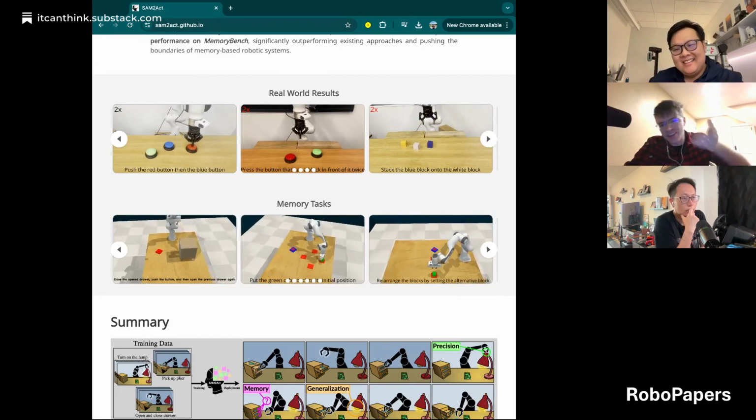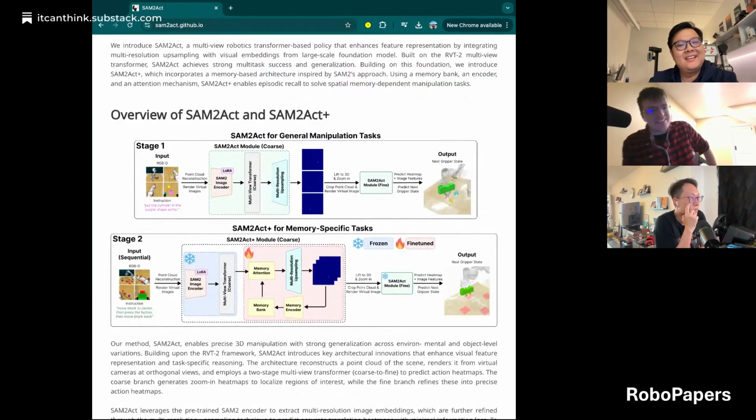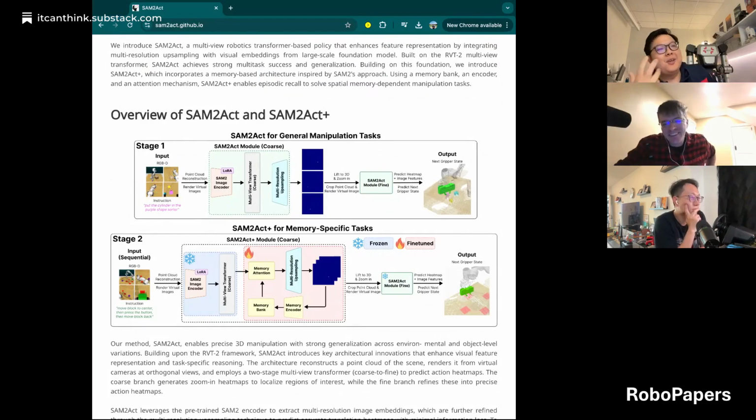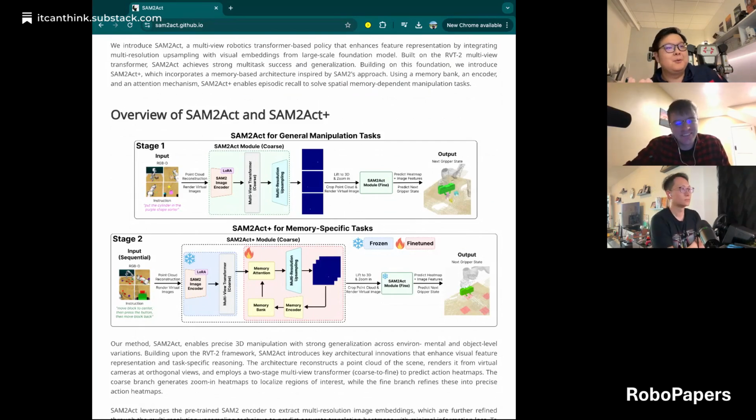Yeah. Well, you can also go to this diagram. This is what I was going to show. To go in depth on how SAM2Act works, I think it's also good for people to know this line of work in general. SAM2Act doesn't just come out of nowhere. As we do research, we're always building on top of the shoulders of giants, and SAM2Act was built on top of RVT2. So RVT1, then there was RVT2. So maybe also to give the audience a bit of context,